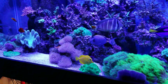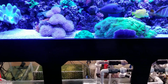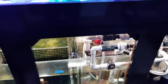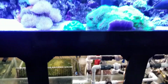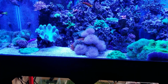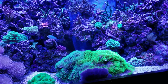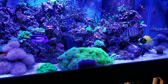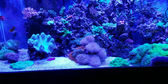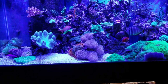Now my goal is to actually get it on one method. So with now adding that bubbler in there, I believe I can turn that up to fully take on pretty much all the calcium alkalinity demands of the tank, and just use the 2-part for any fine-tune adjustments that I want to do. I mean, that's my ideal thing. So what else is going on? Oh, and